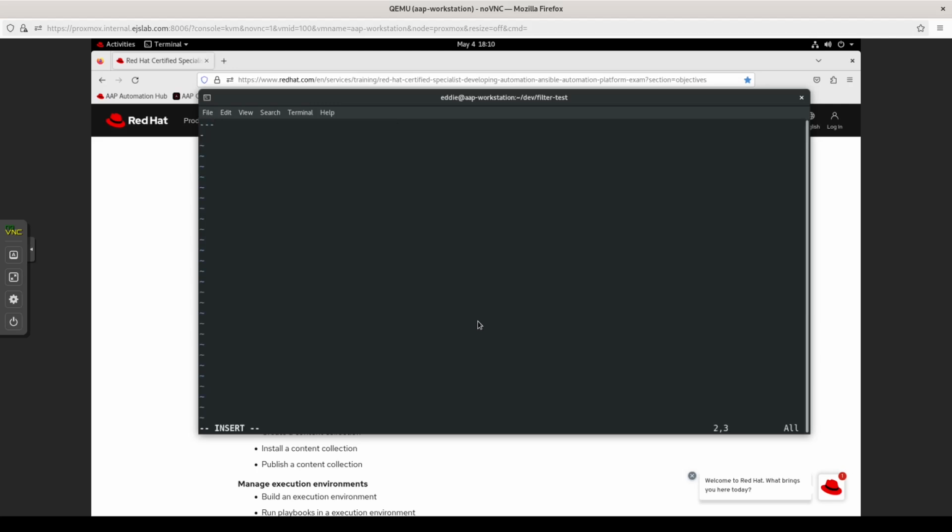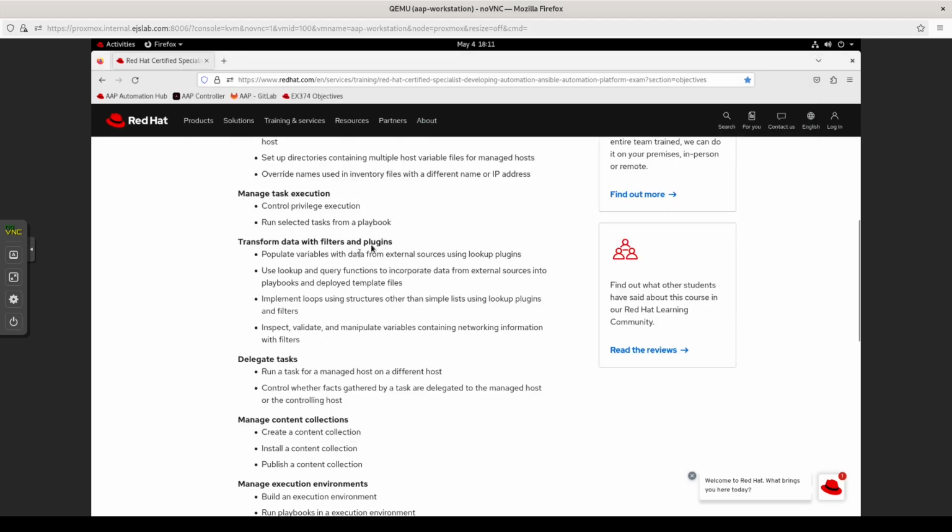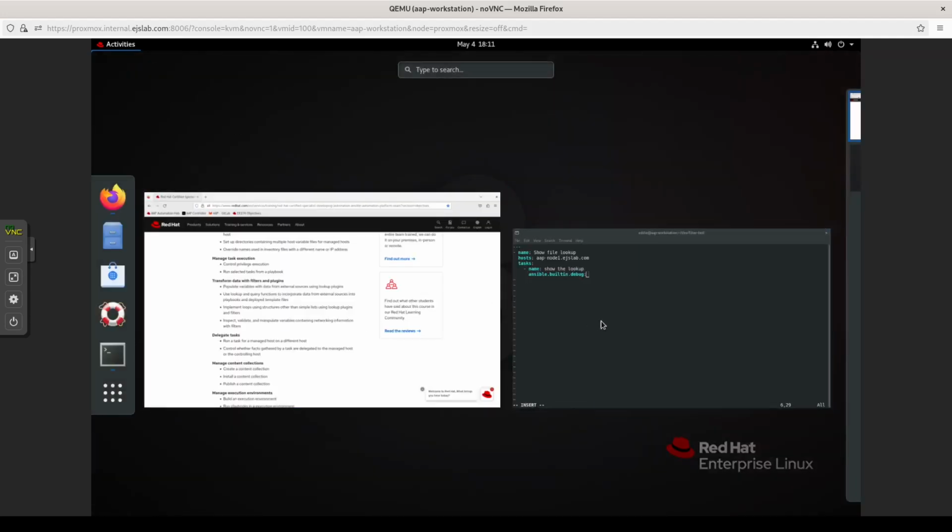Now we're going to make foo.yml. We're just going to run this against one of the hosts. There's no sense in doing this multiple times. So we'll call this show the file lookup. We'll do this against AAP node 1. Don't need to become for this. Tasks. We'll just use the built-in debug. Actually, let's see. I want to populate variables with data from external files. Okay, so let me define a variable and do this. You know, technically, it's kind of what I'm doing,